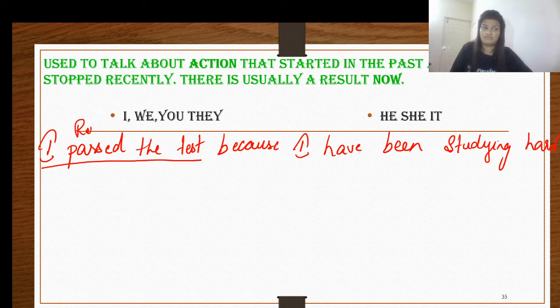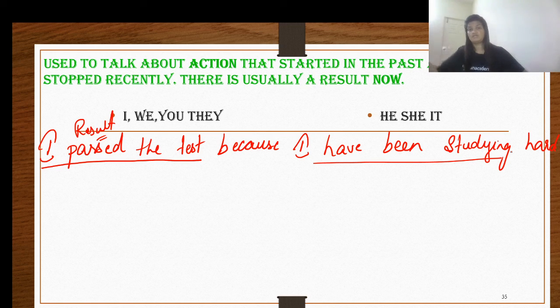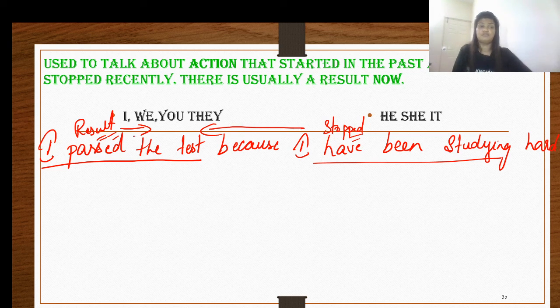Now, this is the result. This is the result, and this is the action that I had been doing for a very long time. And because of that, and it has stopped now. At the moment while I'm saying this, the action is not happening because the exam is also done. The results have come out. The action of studying has stopped. Well, only recently, before the exams, the result has come out now. The effect is connected. Because of this action, the result, the present is connected as well. To express this, even though the action has stopped in the past, a little while ago or recently, we still use